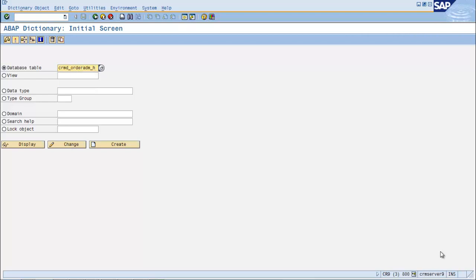This is the table that contains the details of any transaction type header. CRMD_ORDERADM_I contains the item information of a transaction. So if we go to CRMD_ORDERADM_H and click on display,